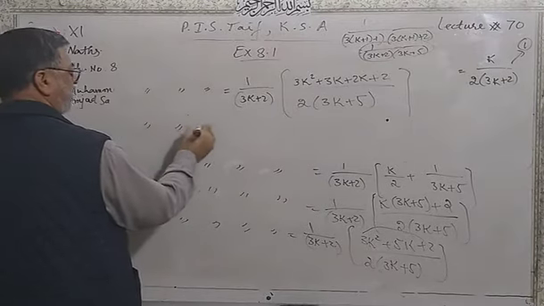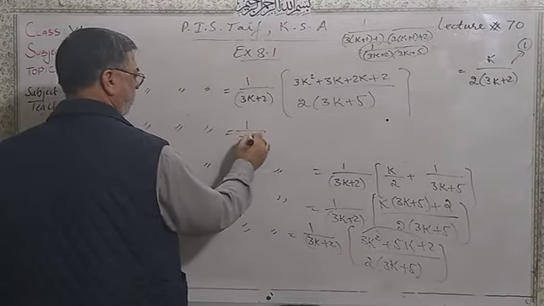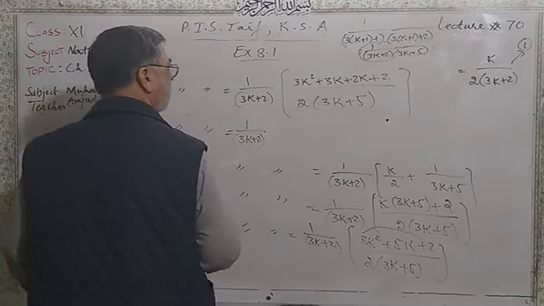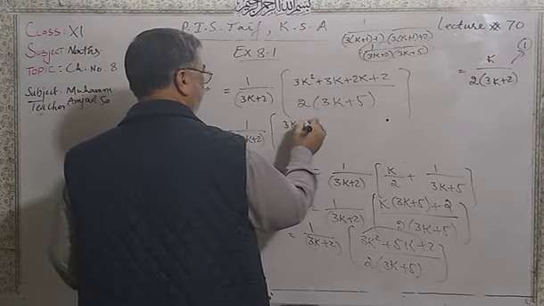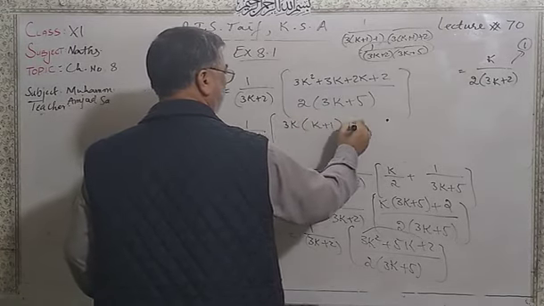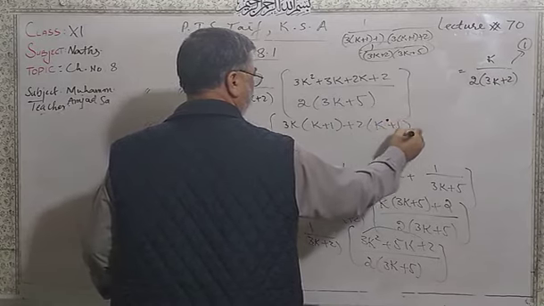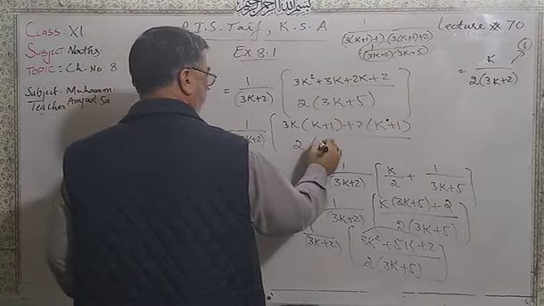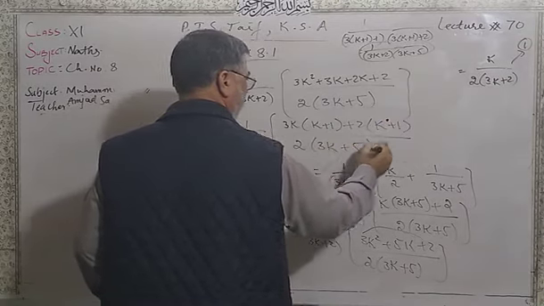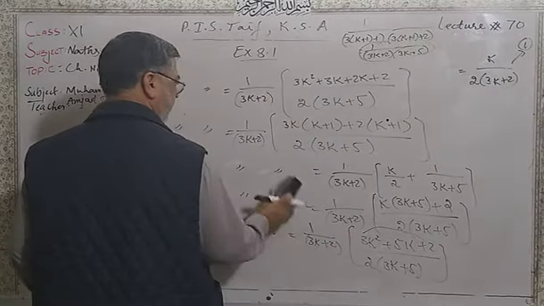Here we can have 1 over 3k plus 2 into 3k common, k plus 1 plus 2 common, k plus 1 divided by 2 into 3k plus 5. Here we will have